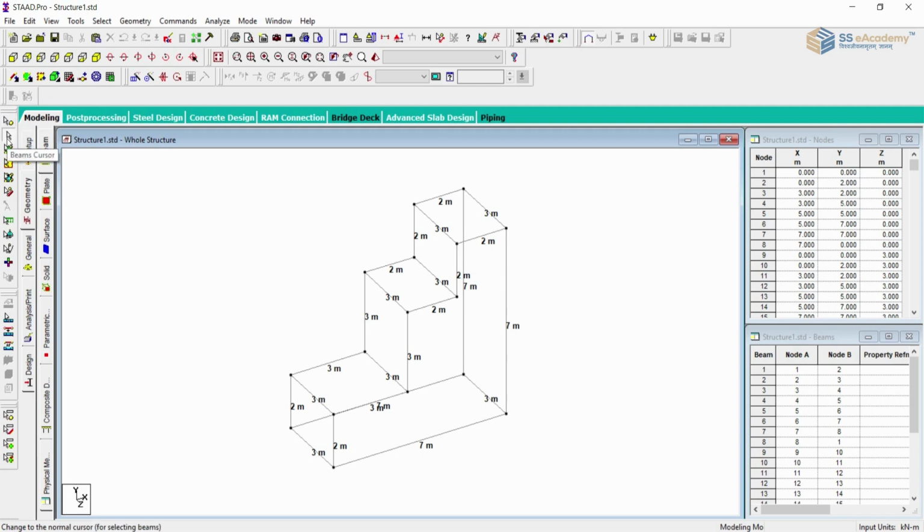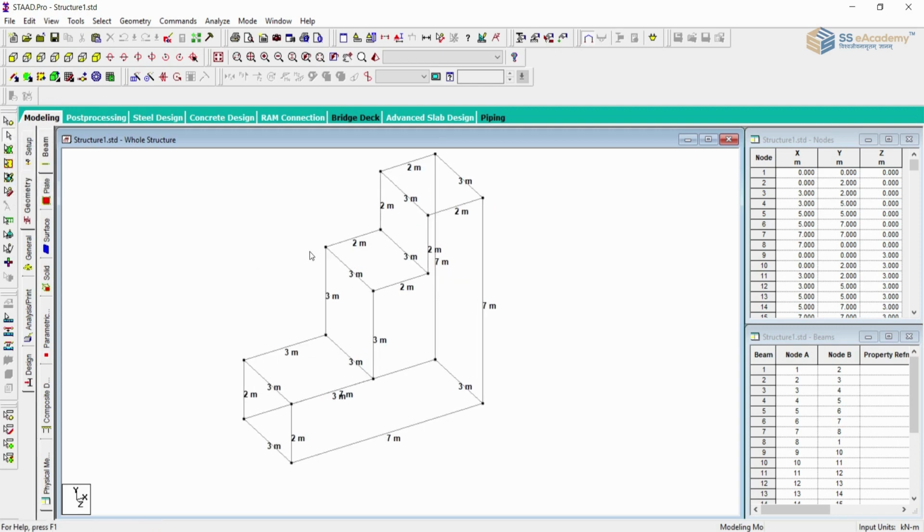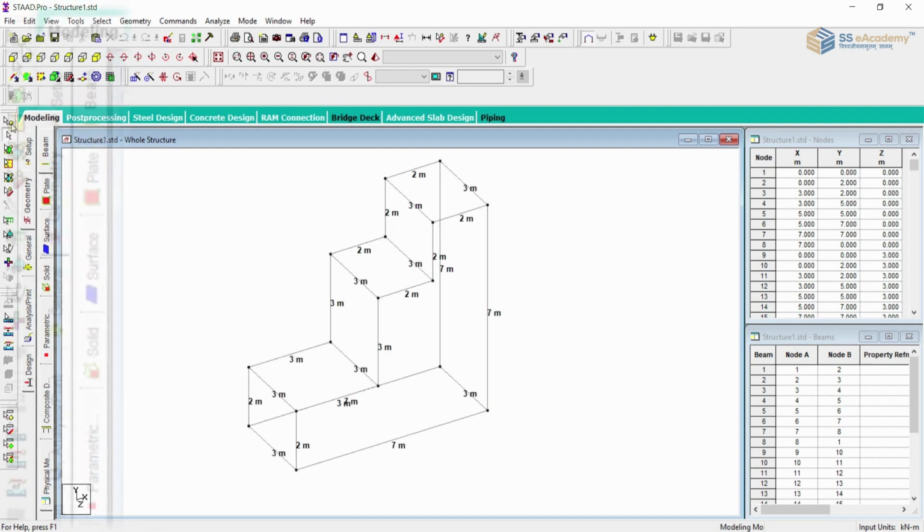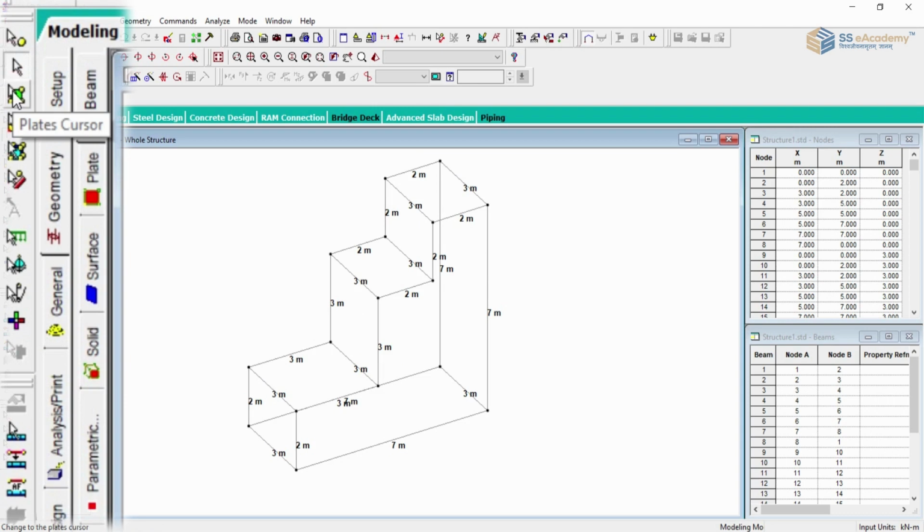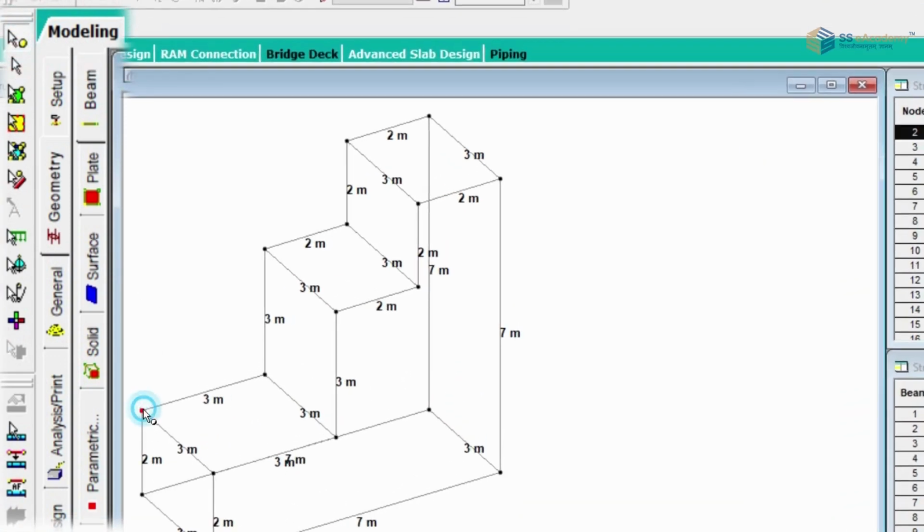Here all the cursors are provided. The geometry elements which are connected by the nodes and beams, their operating menus are used by different cursors. We will understand these cursor features one by one. A node cursor is used for selecting a node element. As you can see, the selected part is highlighted by the red icon. The next one is a beam cursor. If you want to select a beam,